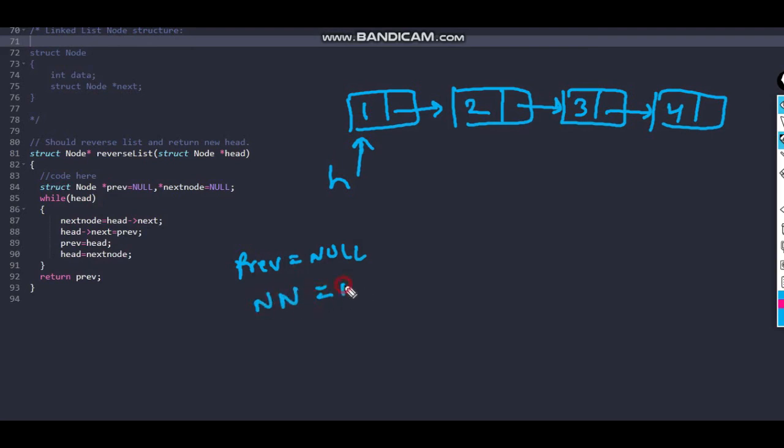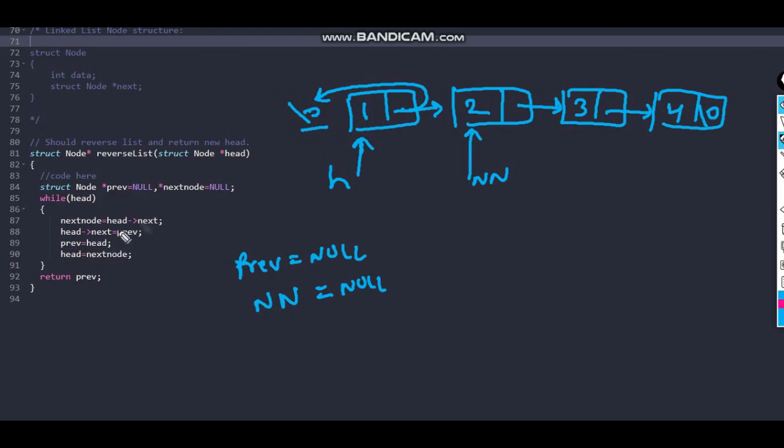Next node is also pointing to null. Now while head, yes we have head, this is the last node, so null here. Next node will point to head's next, so this is now the next node, as the name suggests. Now head's next will be previous, so head's next, meaning this will point to previous, and previous is null, so this one is pointing to null now, right?